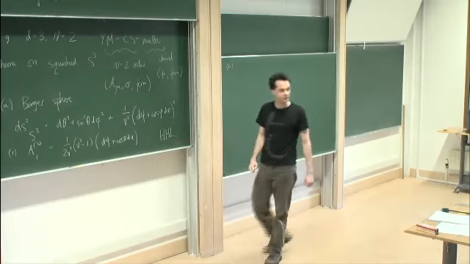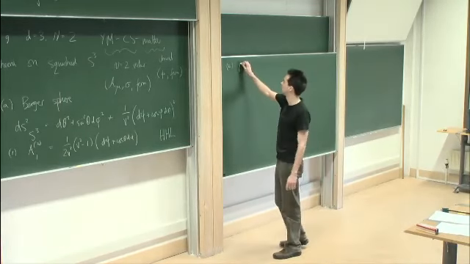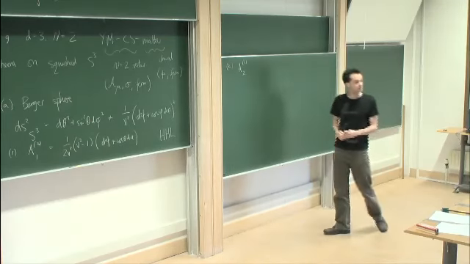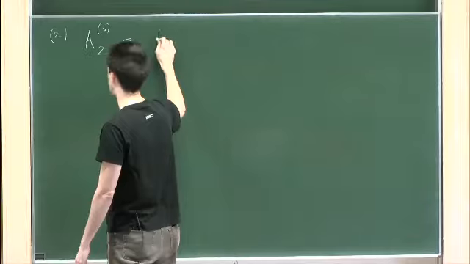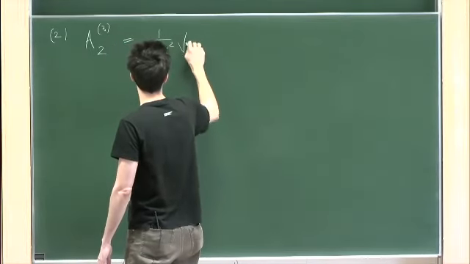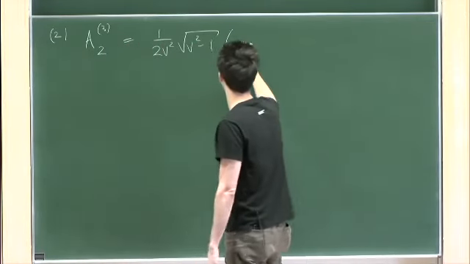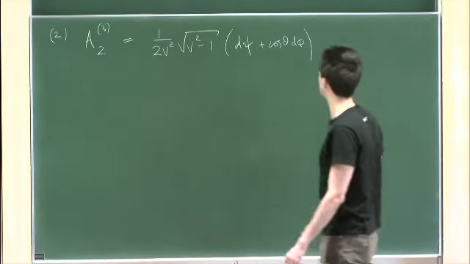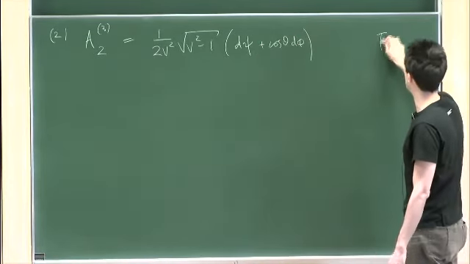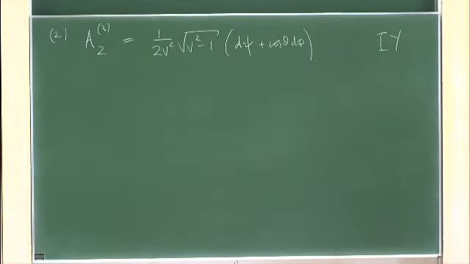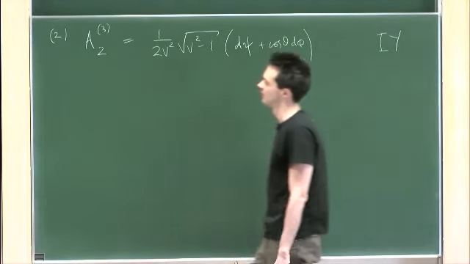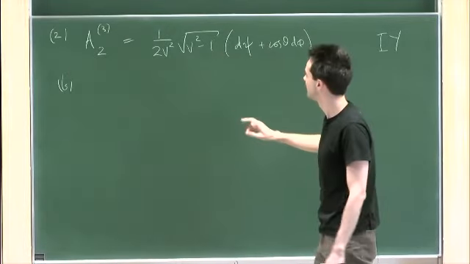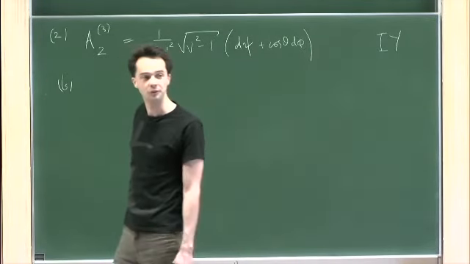There's another choice, though, for this gauge field, A2, which was considered a bit later, in September last year. And it looks rather similar, 1 over 2v squared. It's just there's a square root here. Otherwise, it's the same. And this was Imamura and Yokoyama in September. I'll tell you what the difference is between these two in a moment, okay?